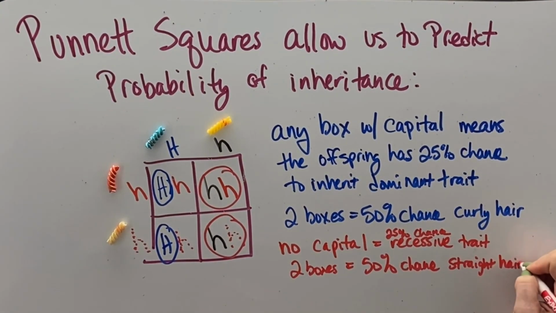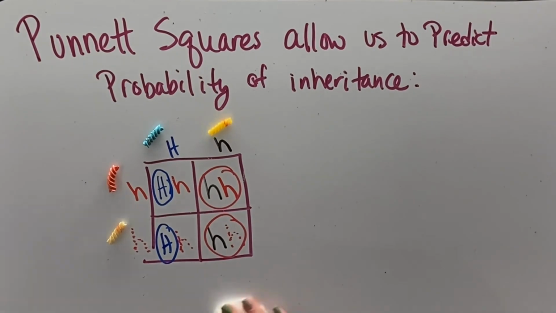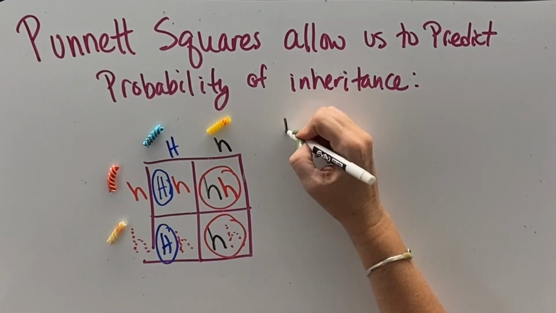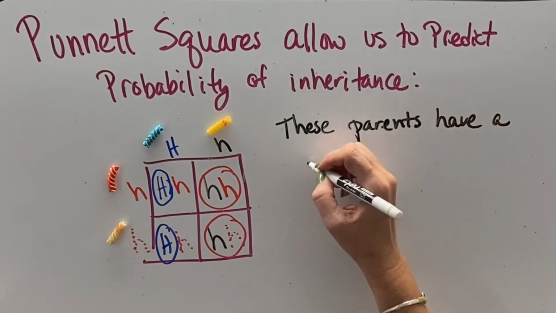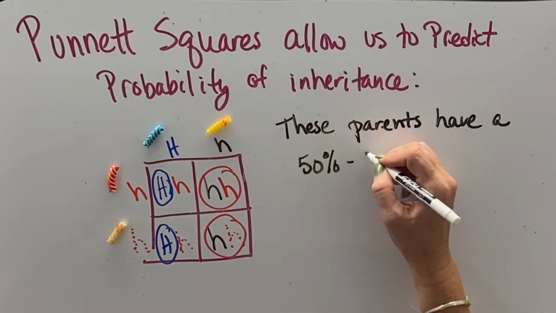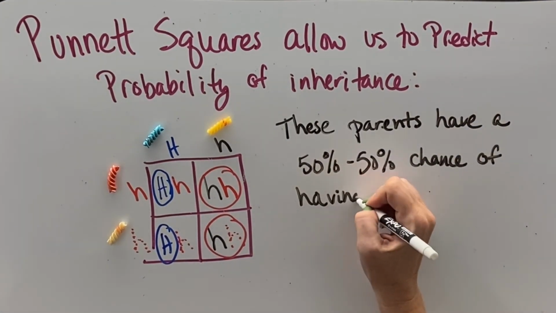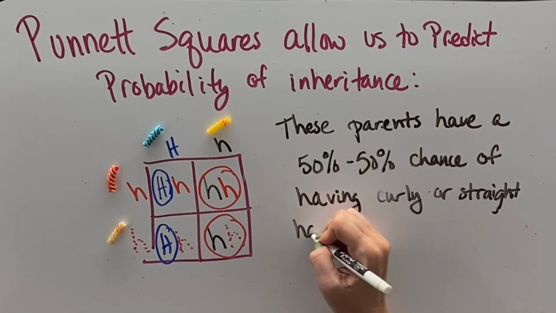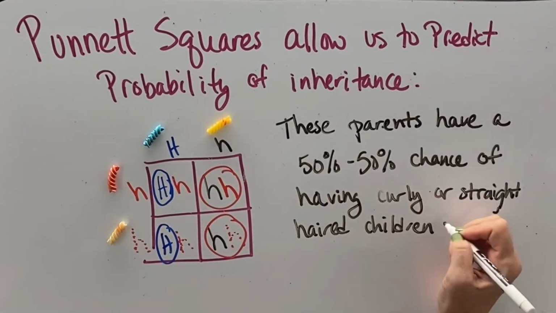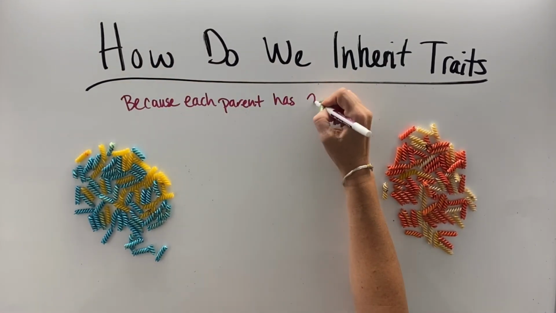In this case, one parent has curly hair, dad has curly hair, and mom has straight hair. So 50-50 chance. This isn't always the case, but the Punnett square helps us to represent the genetic information and then predict the probability of inheritance, right? 50-50 chance in these parents of having a child with curly hair, 50-50 chance of them having a child with straight hair. Now, they could have 10 kids and they all have curly hair. They could have 10 kids and they all have straight hair,